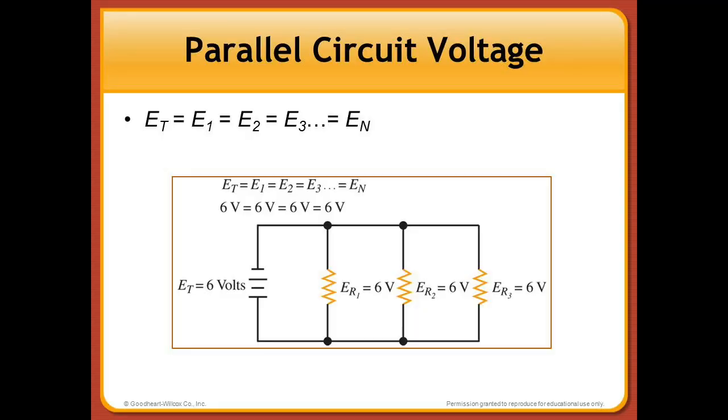In a parallel circuit, voltage is consistent throughout the whole circuit. So if it's 120 volts at one point, it's going to be 120 volts at another point. When you're looking at an equation and trying to figure out which variable do I know, which one do I use next, where do I use my calculator, how do I figure out the other value, just remember in a parallel circuit, voltage is consistent throughout. And then in a series circuit, it adds. So if it's a purely resistive circuit, the total voltage, or ET, is going to be equal to E1 plus E2, and they add together to equal that total voltage.